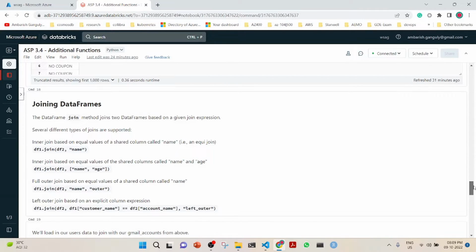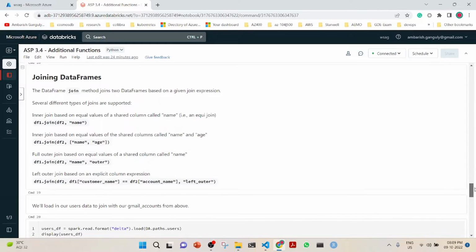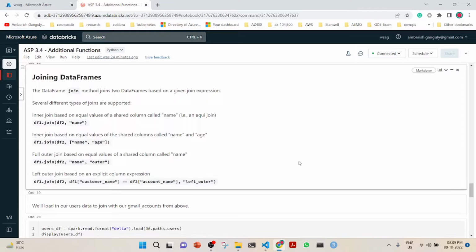The joining of data frames. This is very important, so let's see step by step what it is. The DataFrame join method joins two data frames based on a given join expression. Several types of joins are supported. The inner join